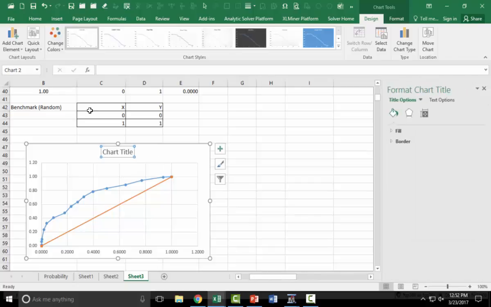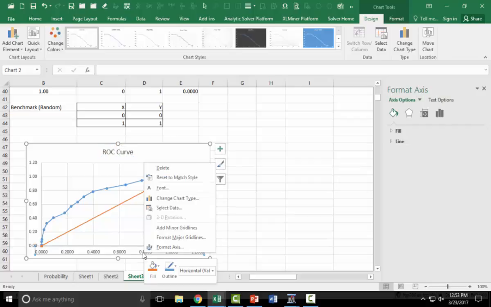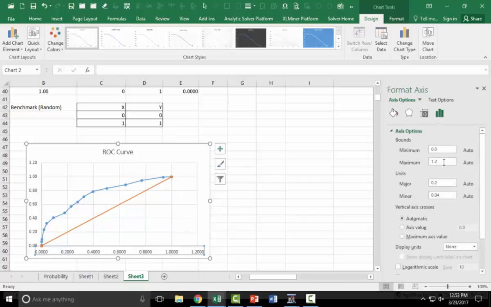So this will be the ROC curve, and of course you want to format these axes